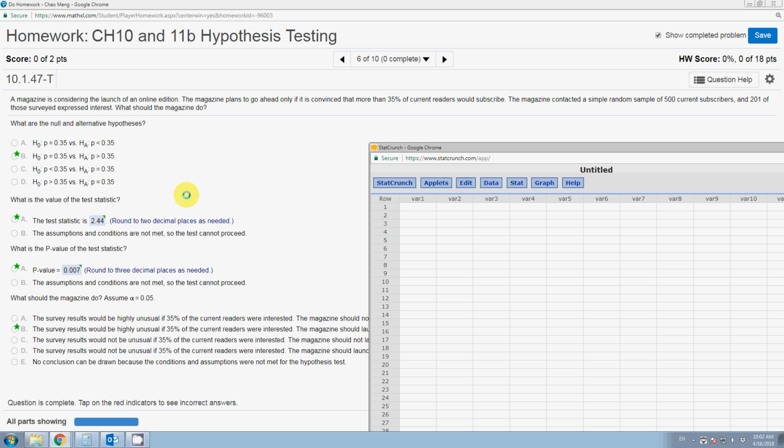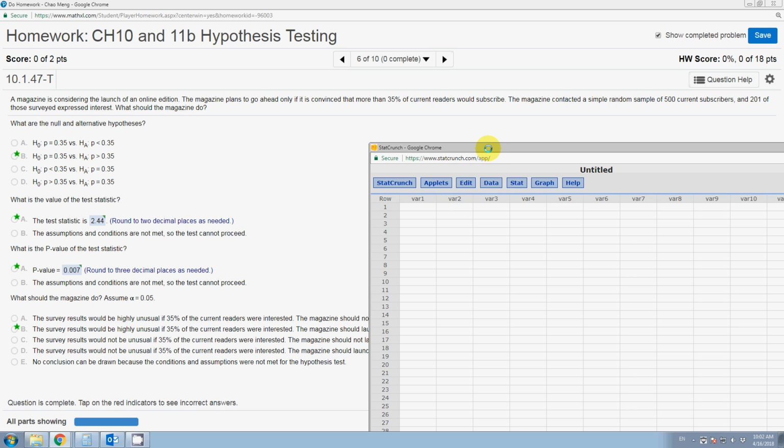We know it's about the proportion because we see the percentage and so on. But what is the null? We know the null hypothesis is always an equal statement. So the population proportion is equal to 35%, because we want to know if it is more than 35% or not. So in the null hypothesis, we say it is 35%. But in the alternative hypothesis, because we want to know if it is more than 35%,